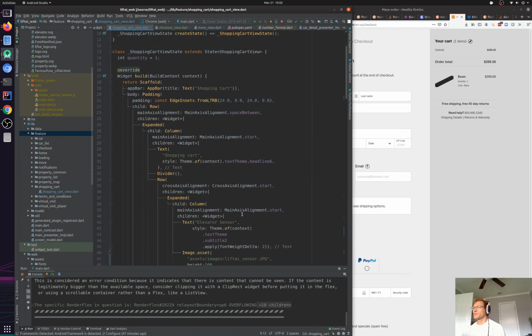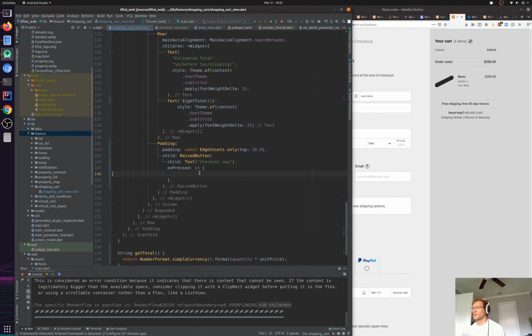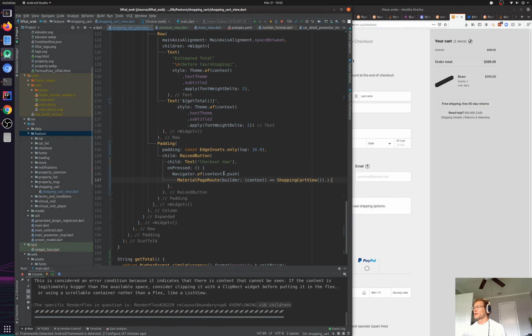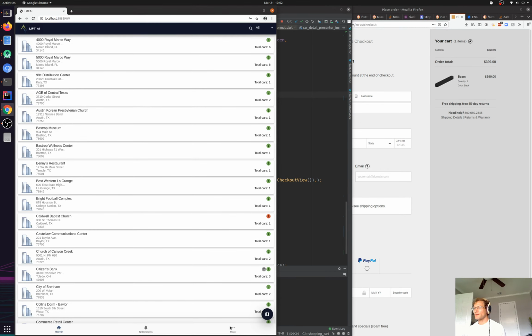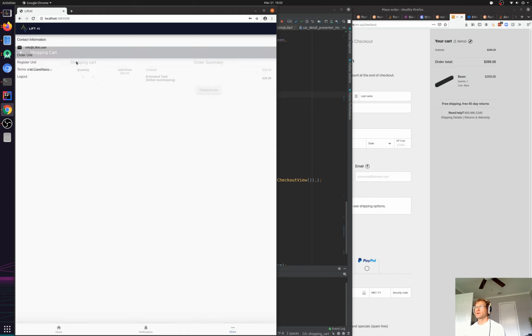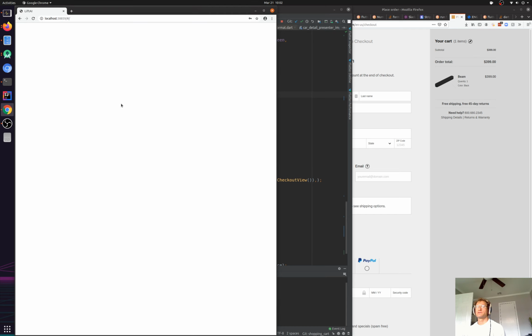So from our shopping cart view, when we have the checkout now button, we need to go to our onPressed here, and we need to launch our checkout view. It says it can't find it. We can import that, and let's press Control S, and the web page will reload. What we can do here is an order unit. And now if we hit checkout now, we should see